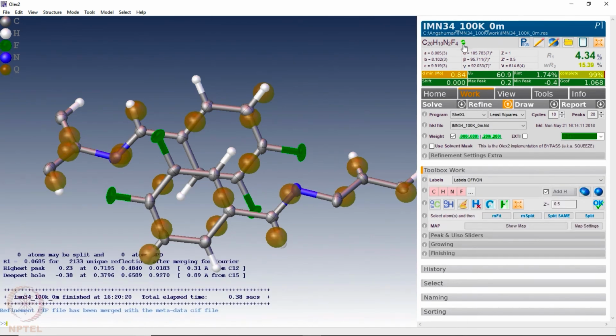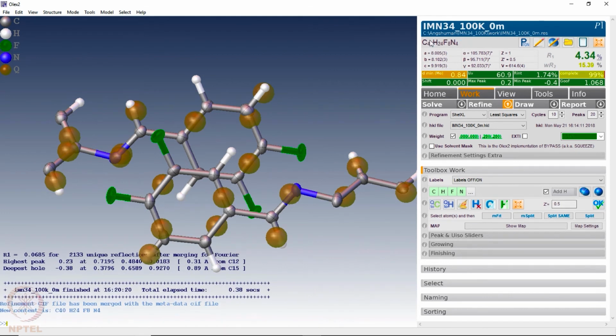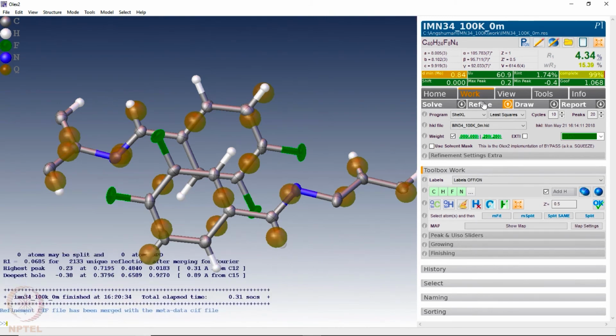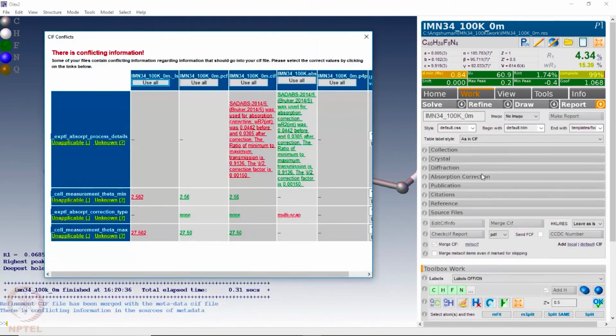So now there is one refresh button here. If we refresh, it then calculates the total molecular formula for this particular system. Then you do a few more cycles of refinement and reach convergence, and from here we go down and do the